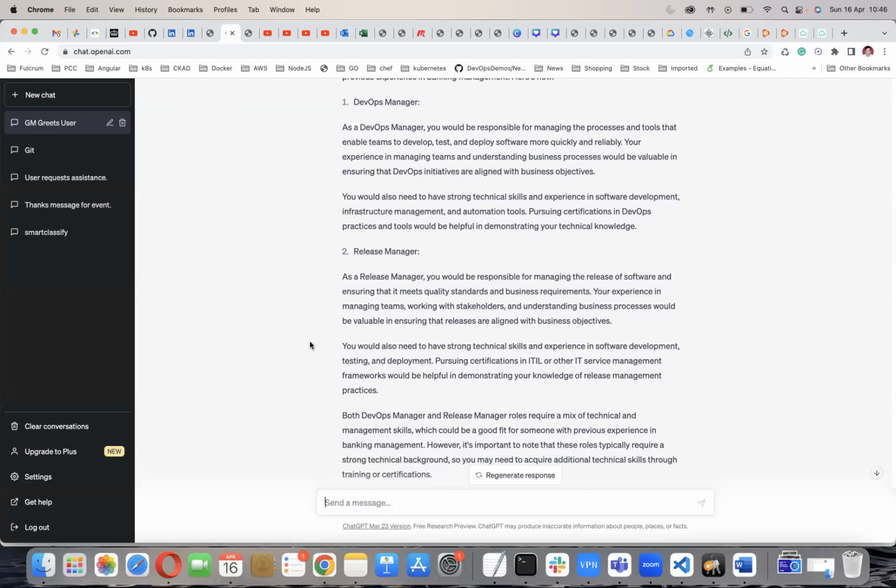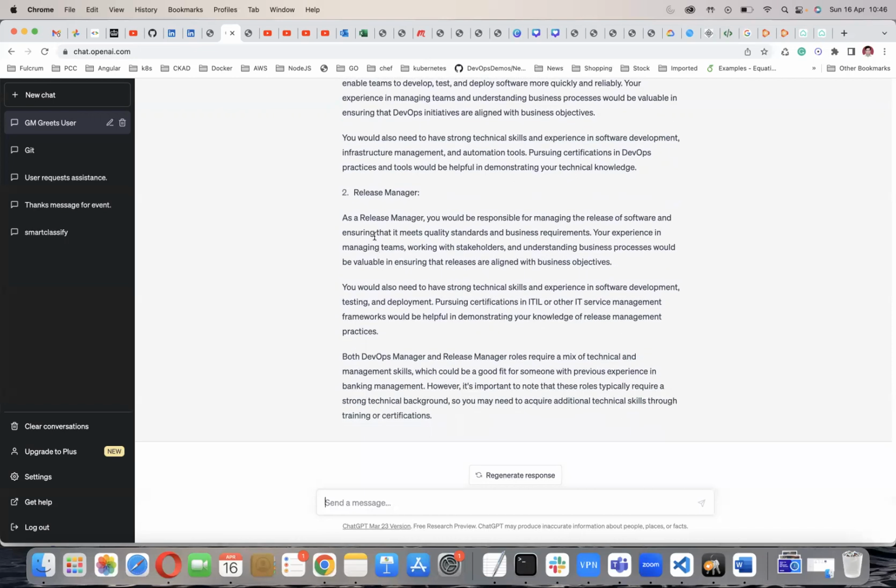Suppose you want to learn something in the DevOps side, right? So suppose this is the DevOps, right? So you can say, yeah, it is a good thing.